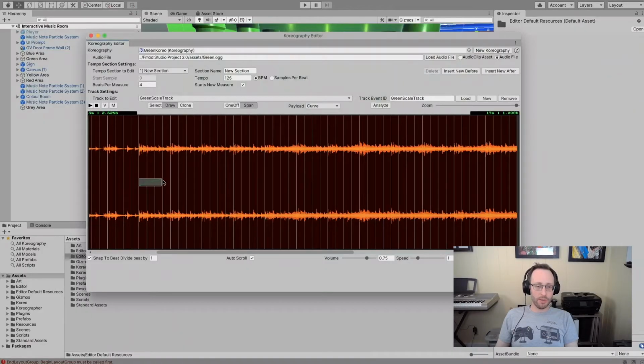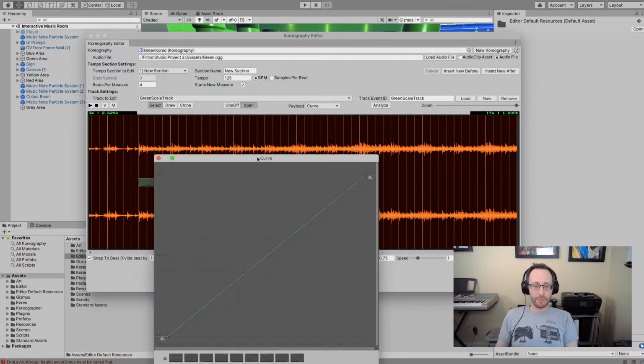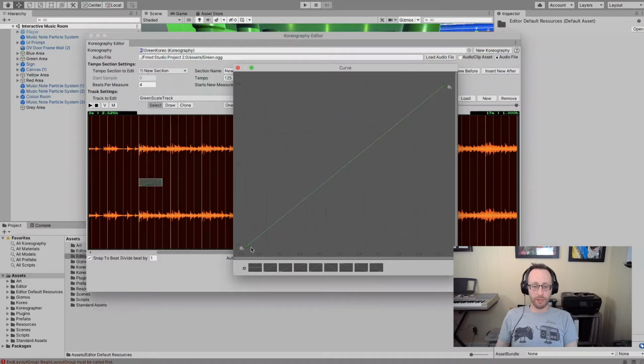If I draw now from there to there, we'll see that, oh, look, there is a curve inside of that event, and it's showing us what it looks like. I'm going to double click on it to open the curve editor. And I'm going to come down here. Just so I can get this perfect, I'll click edit key and change the value to 1, and I want to change this one to 0, because the audio does that